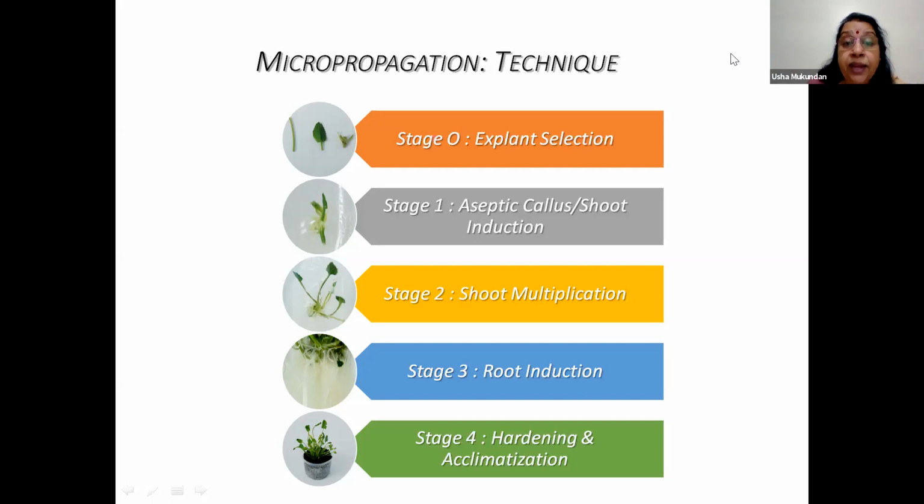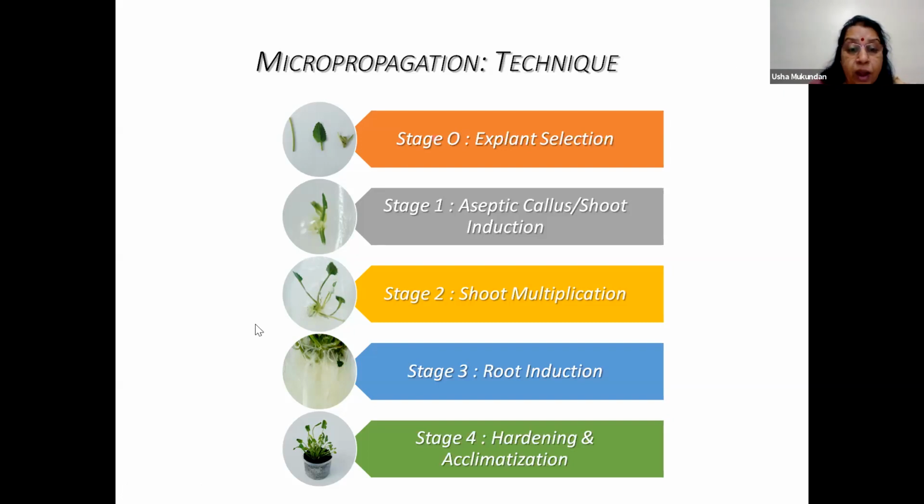Now, if they have established, they'll remain green in color. They may show some amount of expansion, or some callus formation, or in some cases, depending on the plant material, they may start showing response in the form of an organ. Organogenesis means formation of an organ, either roots or shoots. But when you get both roots and shoots, then you call it regeneration. So regeneration means formation of roots and shoots.